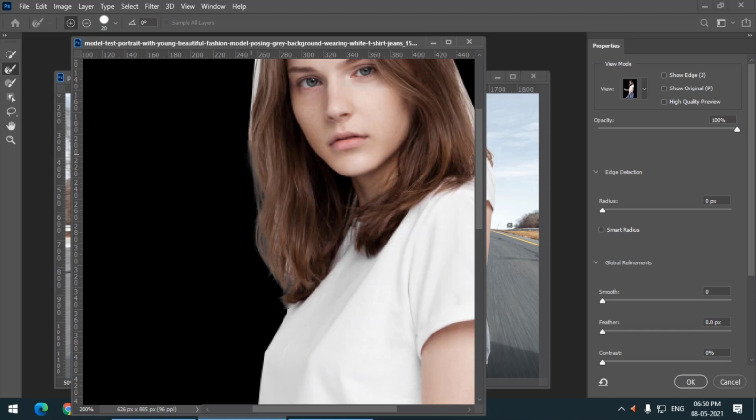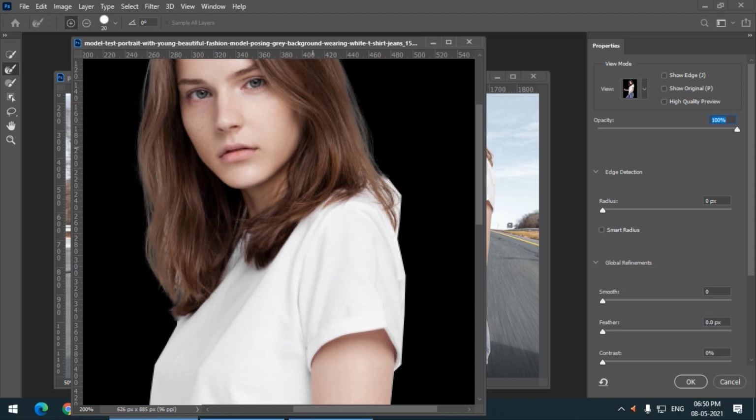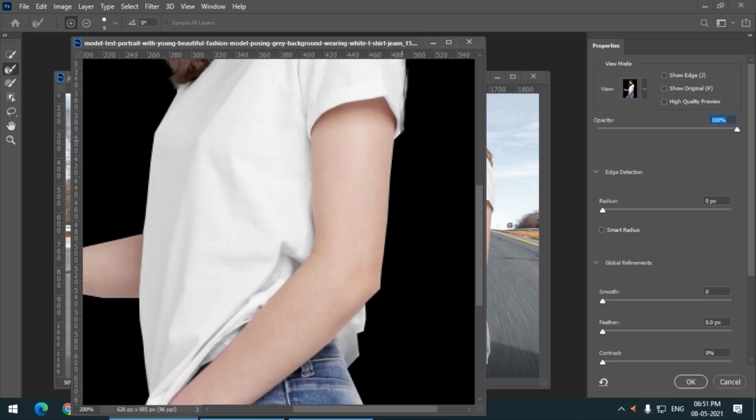from here. You can see the background portion which is still present is simply getting removed. This works like artificial intelligence. Photoshop uses its own brain. It is not working over here, so it's better not to apply it here, but for now I'll keep it as it is.